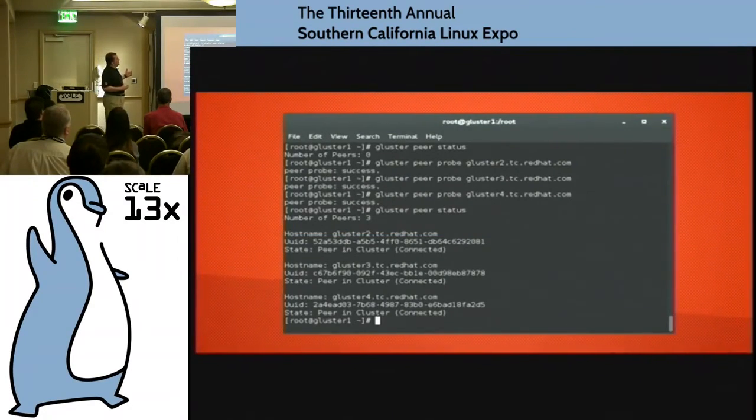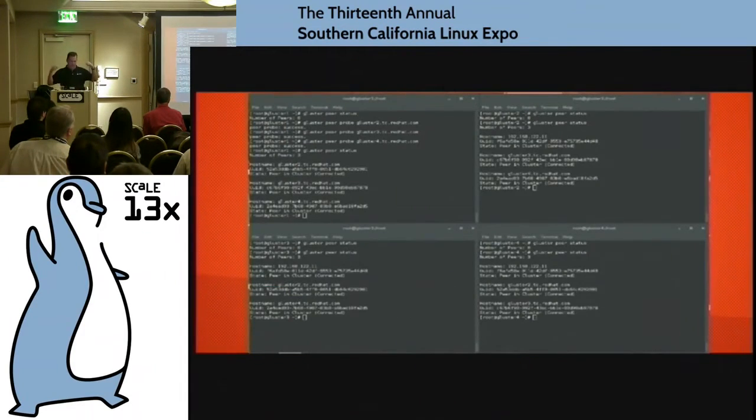So what I did here was I did gluster peer status, and you see there's nothing there. So then I do gluster peer probe gluster2, gluster3, gluster4. Now when I do gluster peer status, you can see that I've got all of the nodes on there. It automatically considers itself as a peer node. So we've gone from nothing to I know about all the other nodes that are out there, right? It's real simple. Gluster peer probe, and we're hanging out.